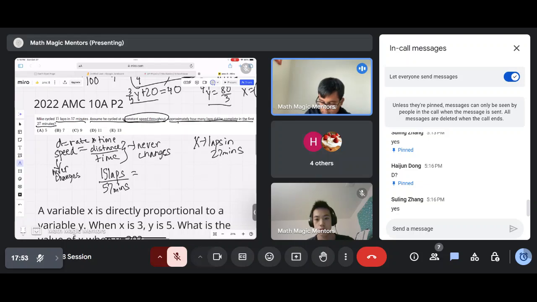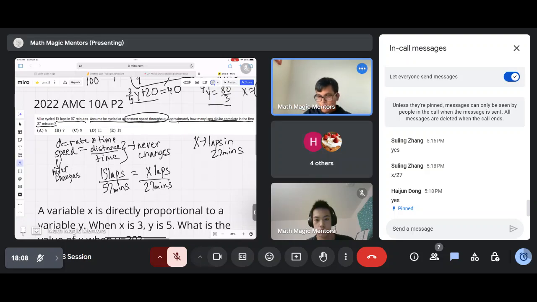Then we can say that he covers x laps in 27 minutes, because his speed always has to be the same, exactly, as Sulin said. So 15 laps in 57 minutes, that's this speed, right? And so he has to go the same speed for the first 27 minutes. So that means that he covers x laps in 27 minutes. And so setting these ratios equal and solving for x will give us